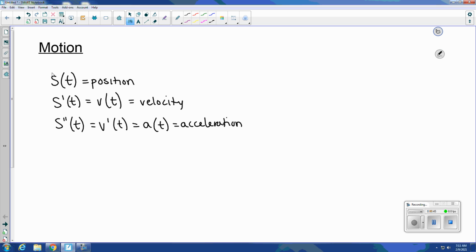Now when it comes to integration, we can get a velocity function from an acceleration function, or a position function from a velocity function, knowing that the integral represents the antiderivative of the function we are integrating. So,